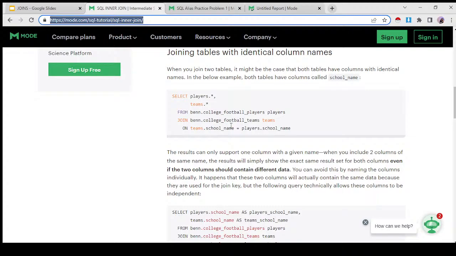Wherever those two columns match for some row, those rows are joined together and presented to you in the query result. Wherever that condition is not true, some school names for which the players were not listed or some players for which the teams were not listed, all of those left out rows, left out data points, are not included in your query result when using inner join. Okay.